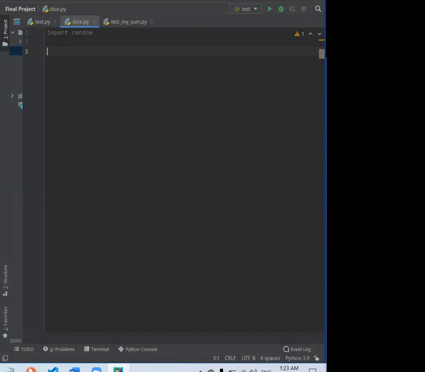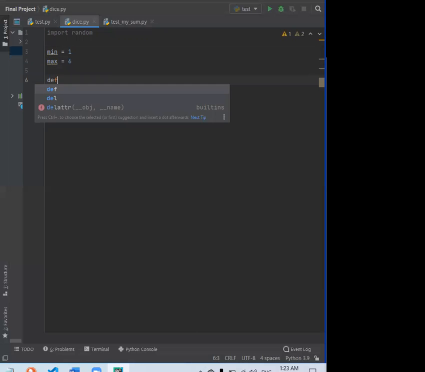And we need to set the global variable stating the minimum and the maximum. The minimum for the dice is 1 and max is 6. So with that said, we define our main,